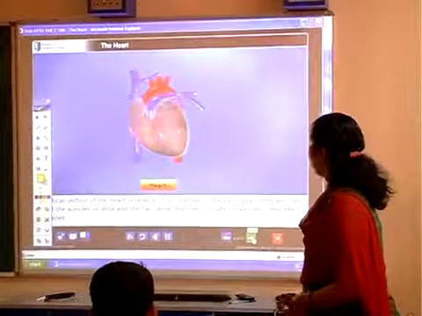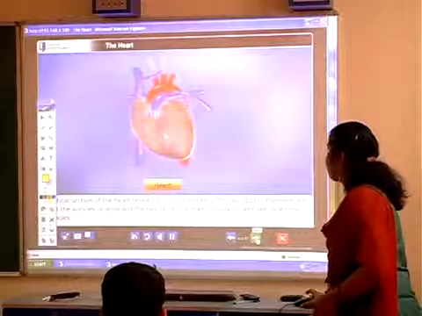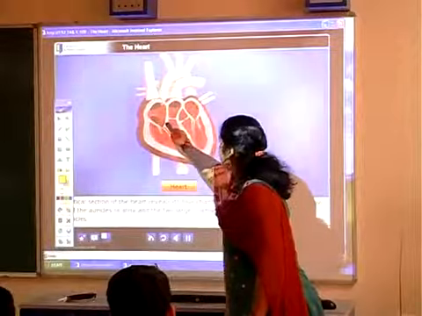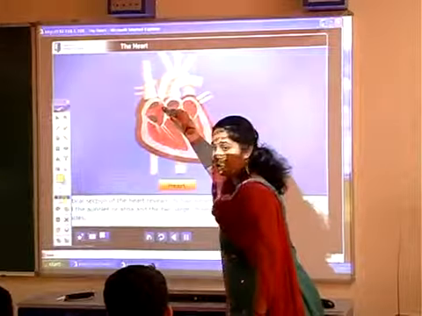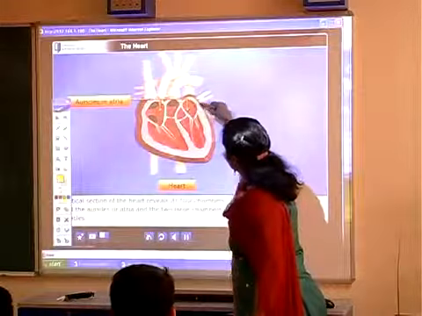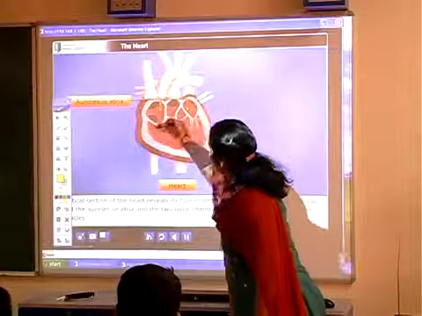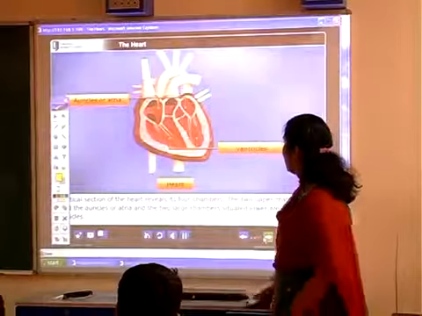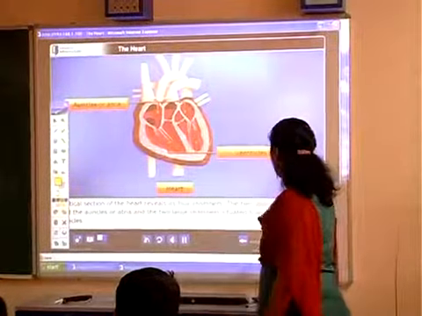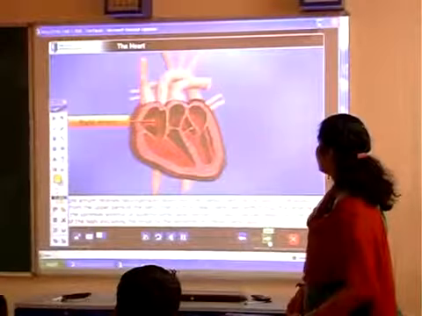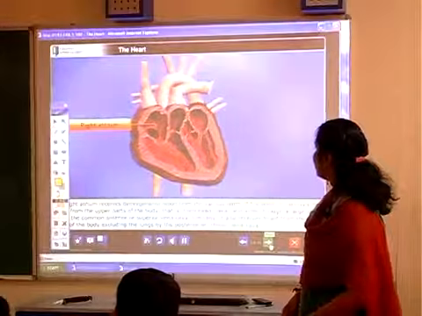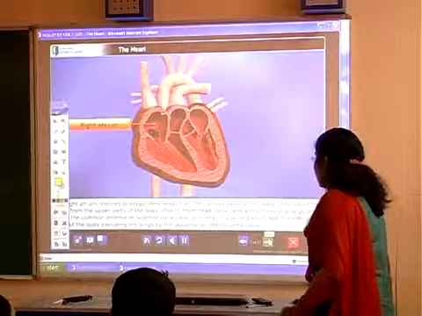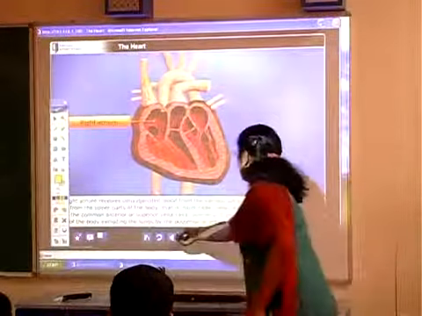Let us take a look at the vertical section of the heart. A vertical section of the heart reveals its 4 chambers. You can see the auricles or atria, and the 2 large chambers situated lower, right? The right atrium receives deoxygenated blood from various parts of the body. It receives blood from the upper part of the body.